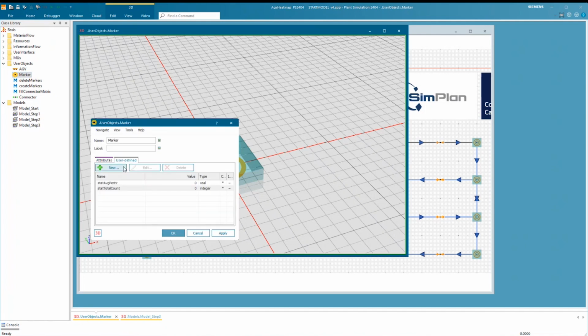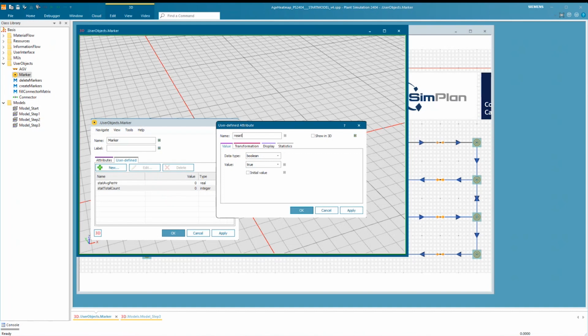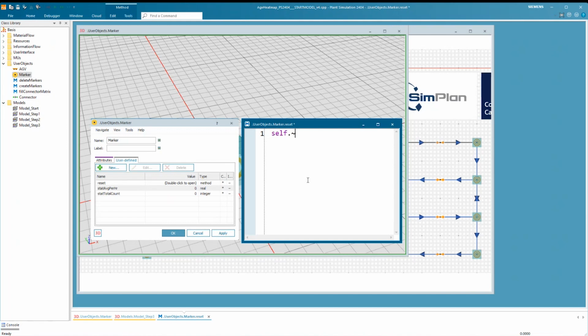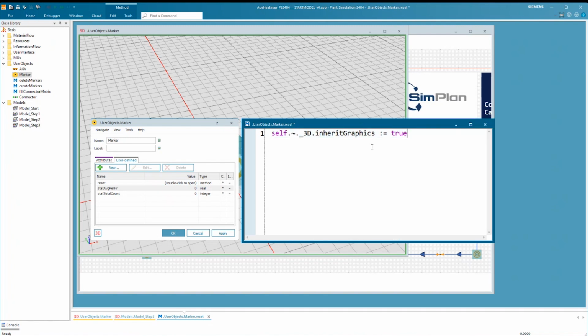For the graphics, I don't have something like an initial value. So I will add a reset method to the marker. I simply inherit the 3D graphics on reset.